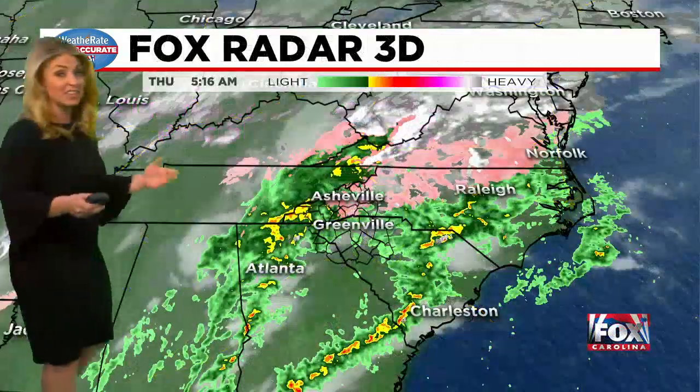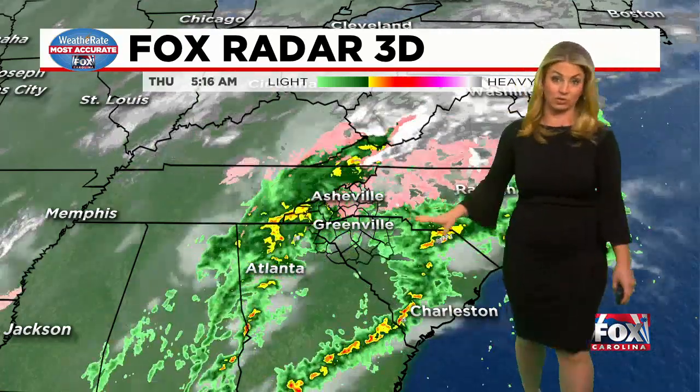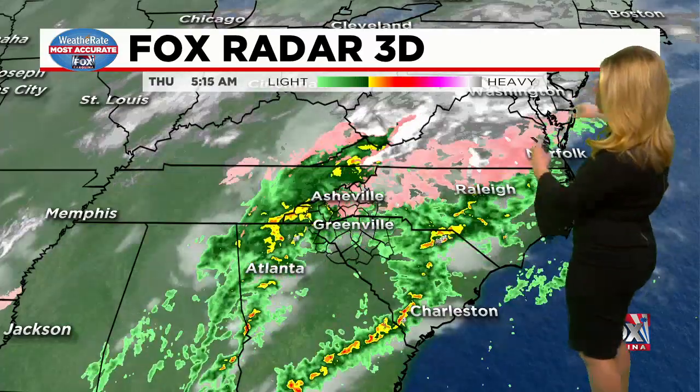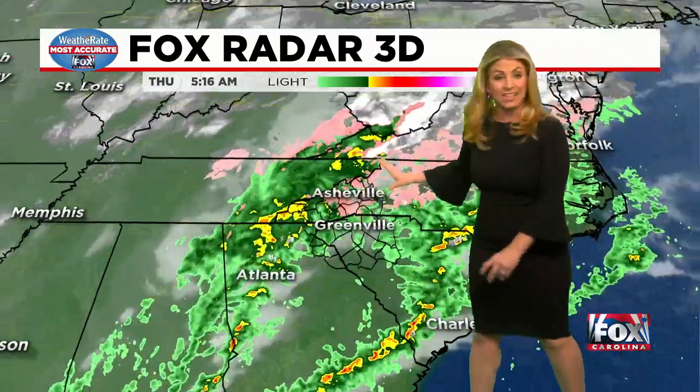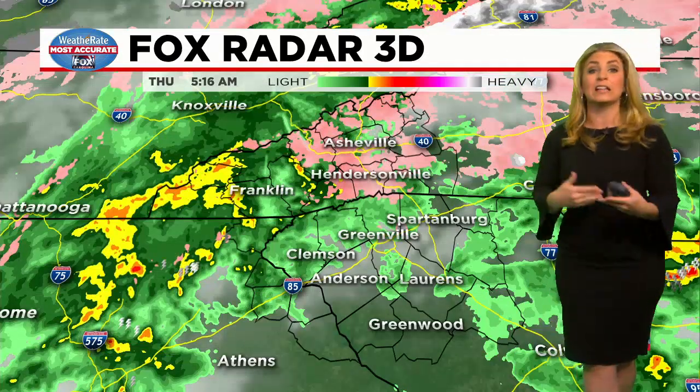Aware that some of these concerns could last until tomorrow morning, this is for the mountains especially. The upstate should actually improve a lot more late today. The system is huge. It's stretching from the Gulf Coast all the way up through the mid-Atlantic and the Northeast. As far as our area is concerned, most of us are just seeing spotty light rain, but you